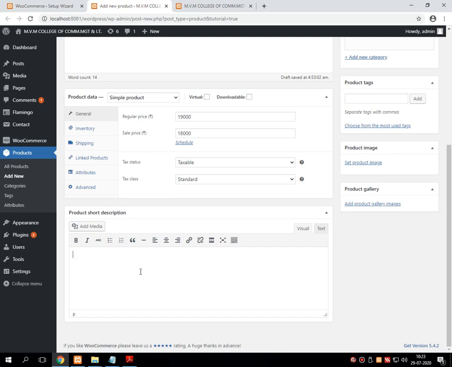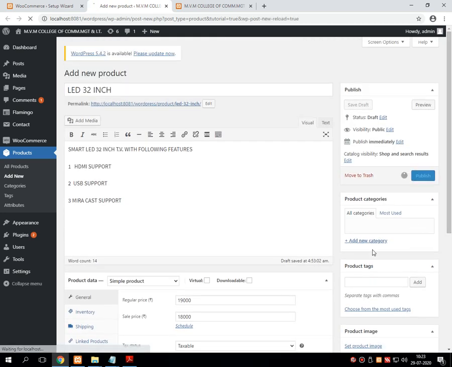Here I am giving the short description: LED TV 32 inch with many advanced features, and I am just publishing this particular product.